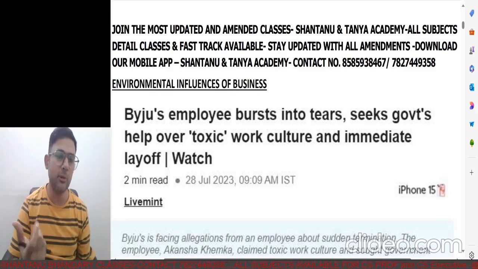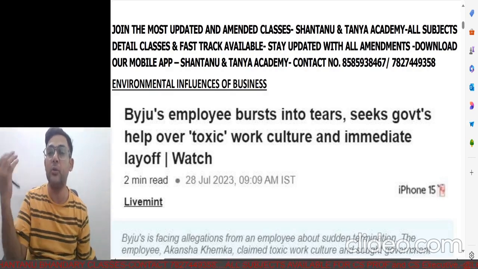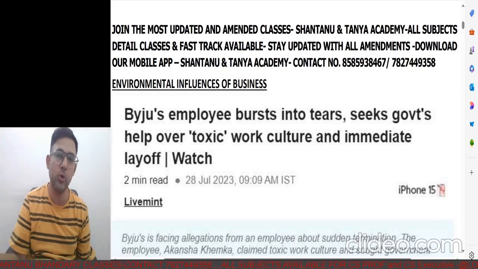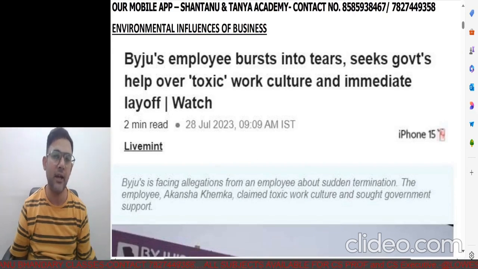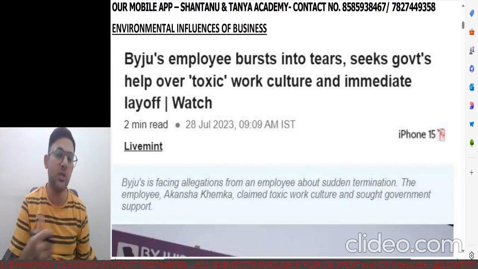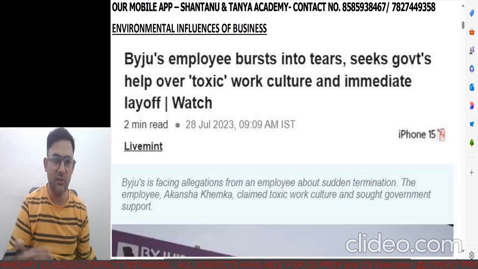So I think Byju's maybe didn't realize this, and they kept on earning at that particular point of time without thinking about what will happen in the next year or two. As a result, you will see now that they are on the verge of insolvency. So it's very important that we consider the environment around us, and as soon as the environment changes, we have to change accordingly. I think I mentioned this in the previous chapter as well. The policies of the government won't change because of us. We have to change according to the policies, right?